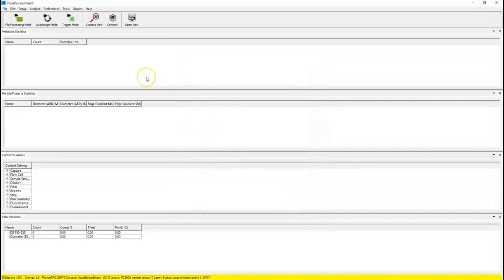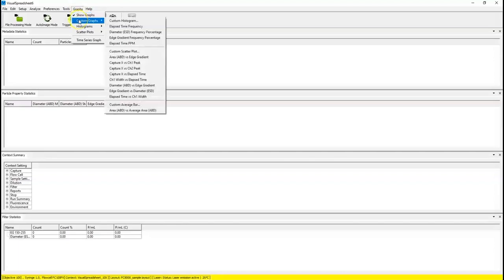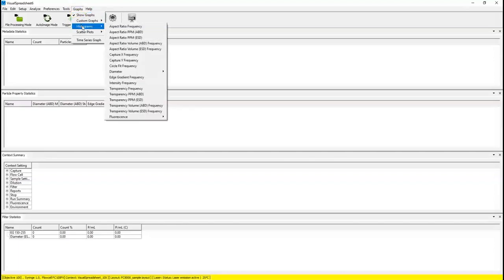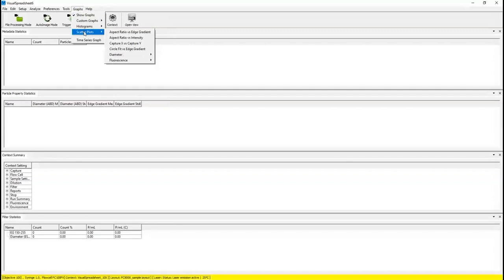Next, you can select how you want your particle imaging data to be visualized graphically. There are many options available to you here. We will just show a couple of graph options as an example. First, go to the Graphs menu and be sure that Show Graphs is selected if you want graphs shown in the data display window. Next, select from the graph menu options such as Custom Graphs, Histograms, Scatterplots, or Time Series Graph accordingly. In this example, we will